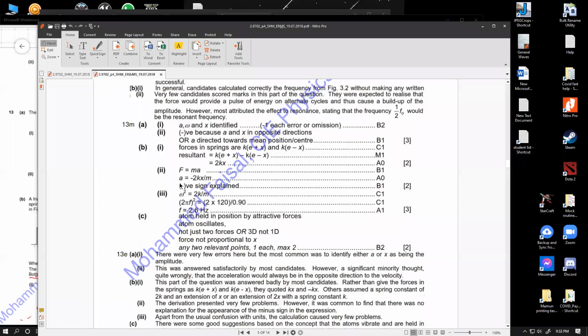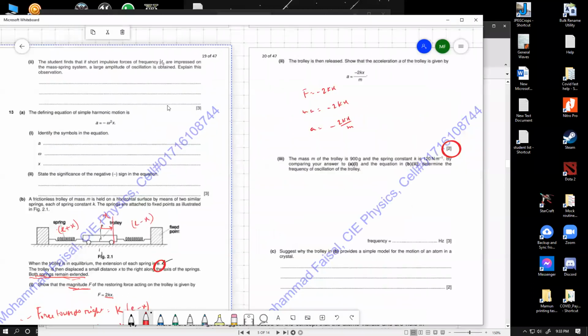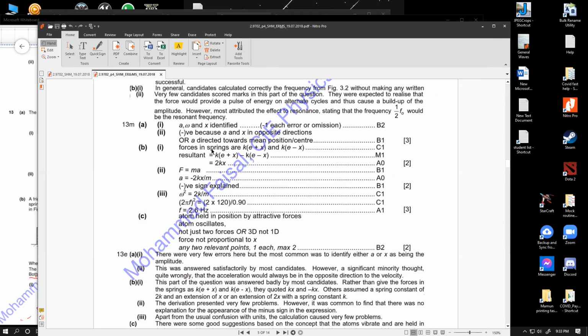It is somewhat of a trap because you have to explain the minus sign. Yeah, makes sense. So you can just write this part and then write this expression, and then you have to say that the minus sign actually implies that the acceleration vector and the displacement vector work in opposite directions, which means acceleration will always work towards the equilibrium. You can write in many different wordings, but the mark scheme says that you have to write the significance of the minus sign, which means you can choose to write a lot of different expressions.